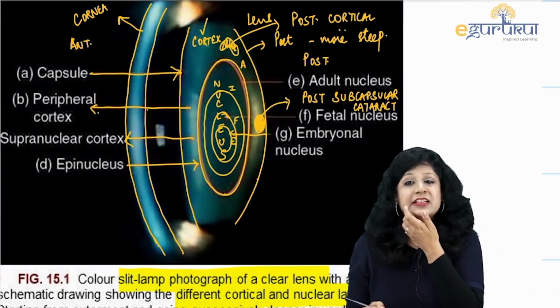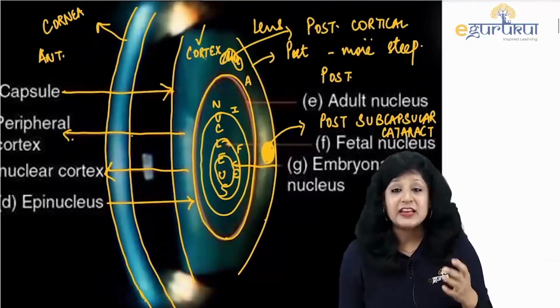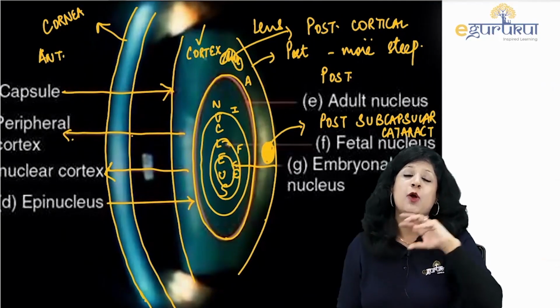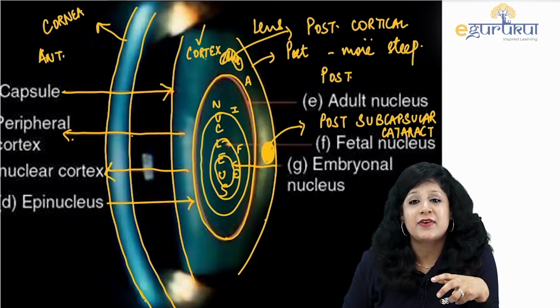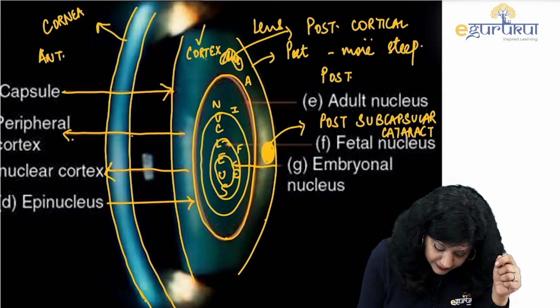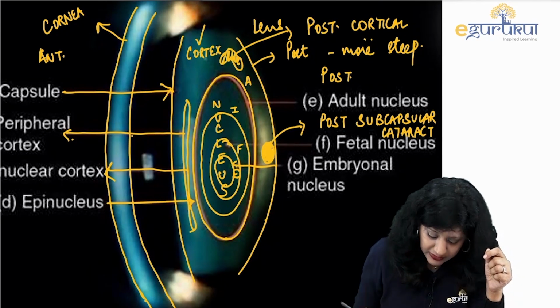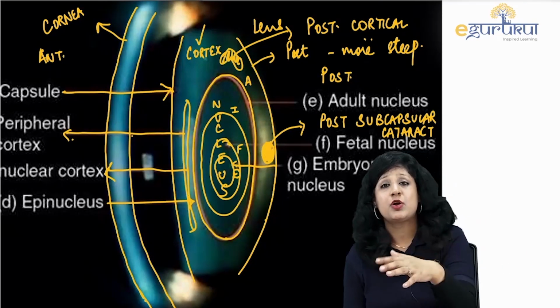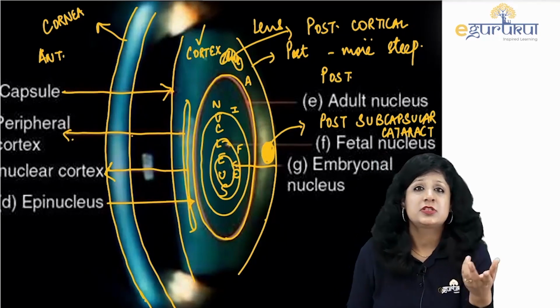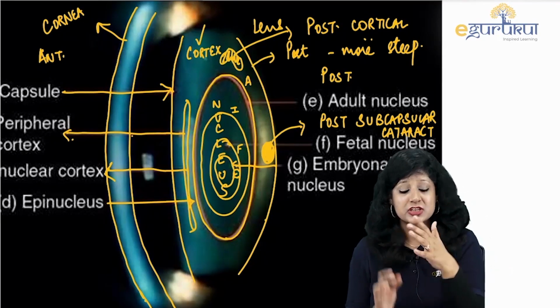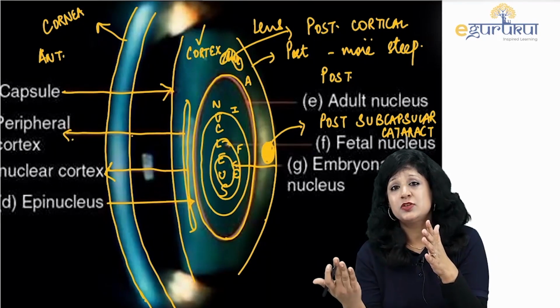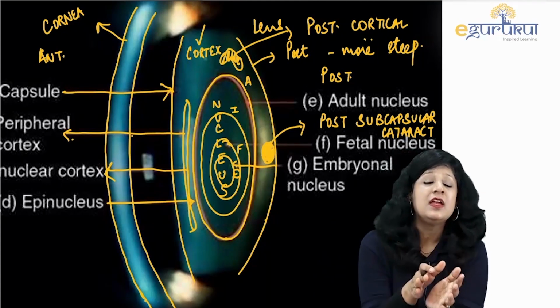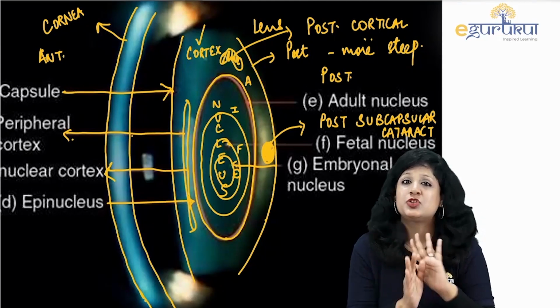So in this way, it will become very, very easy for you to comprehend what kind of a cataract it is. It can be like here, if it is here, this will be your lamellar cataract. It could be peripheral cortical, anterior cortical, posterior cortical, posterior subcapsular. So it is just simple: the diagrams that we draw in the classes are just coming in the form of slit lamp examination, nothing else.